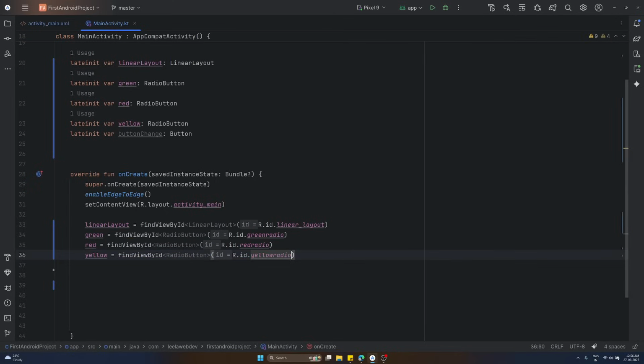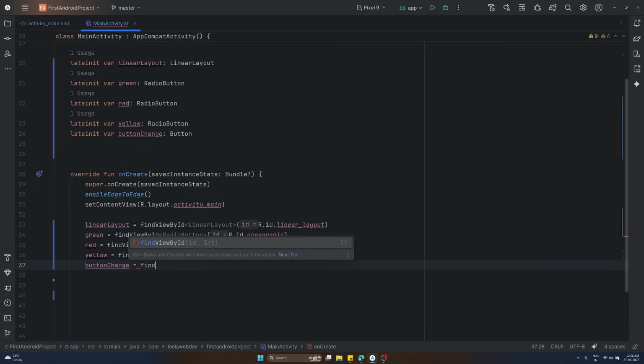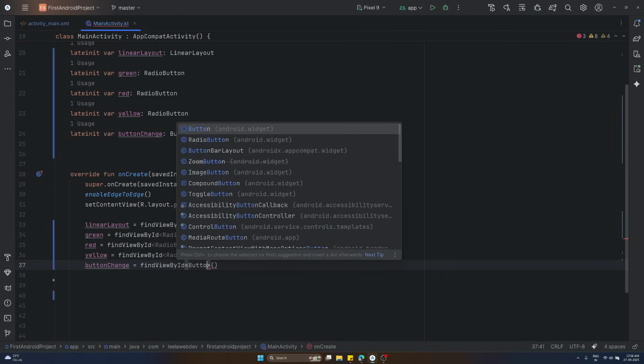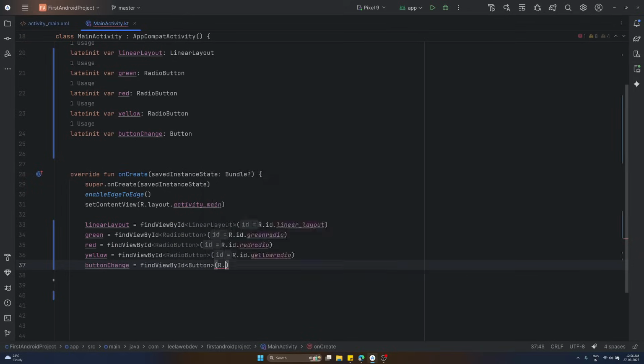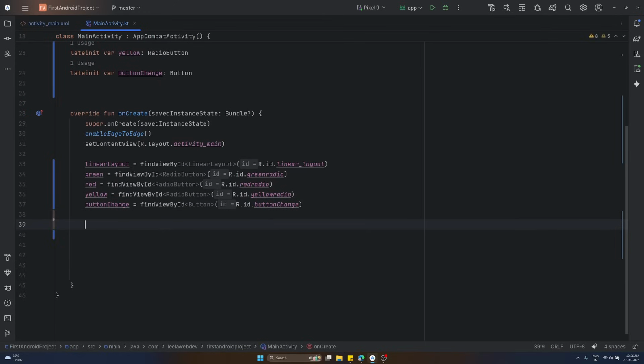Now we need to add a click listener to the button to change the background color. So here we need to add the button change also. buttonChange is equal to findViewById of Button. This should be a Button, and here R.id.button_change. So fine. Let's go here, and I will try to do buttonChange.setOnClickListener, and here